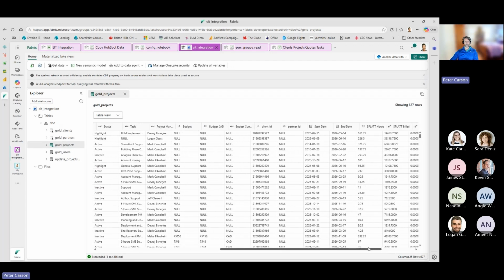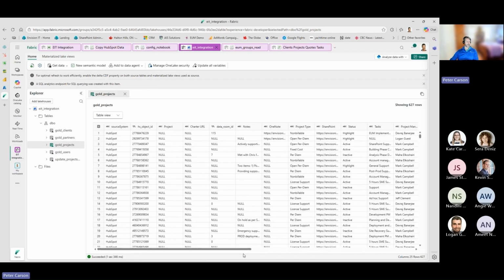And all those fields that we were seeing here are available. If I want to build an Excel to read this data from the lakehouse, it's very easy to do that and then work with it in my Excel. Same thing with Power BI if you want to do that in Power BI Desktop.